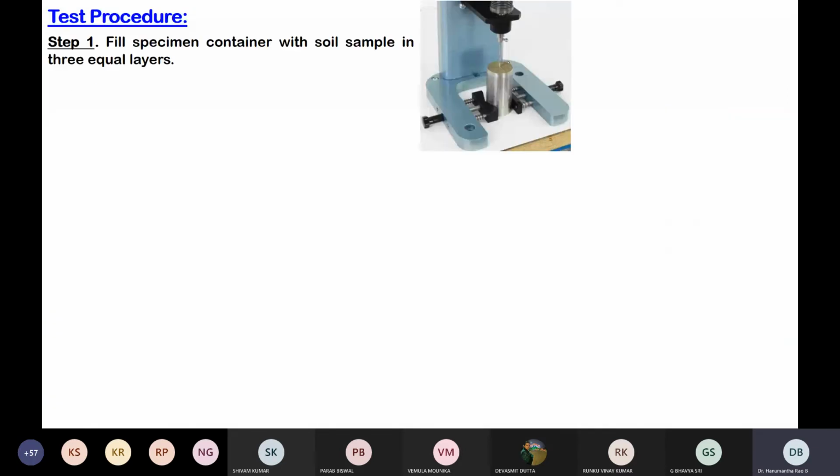First, what we need to do is take the clay soil sample and fill it in the container. This container has a typical diameter of 35 millimeter and height of 76 millimeter, or it can be slightly larger also, but this is the typical geometry. When you take a clay soil sample, the Vane shear test is conducted on relatively soft soils, so the moisture content of the clay sample shall be relatively high.